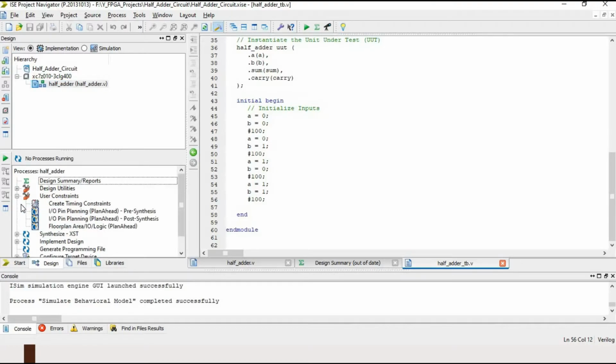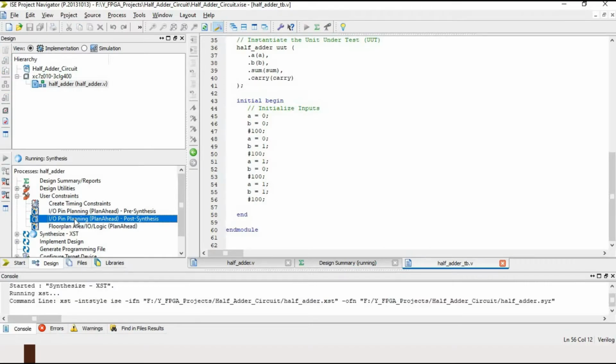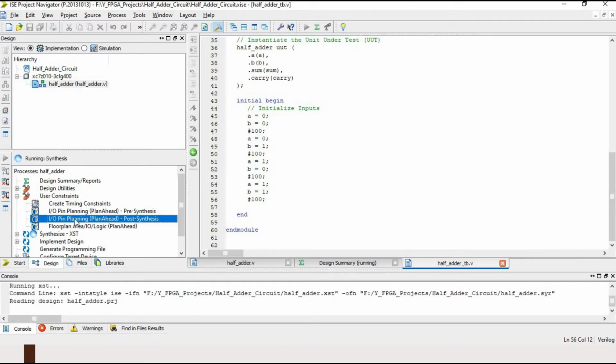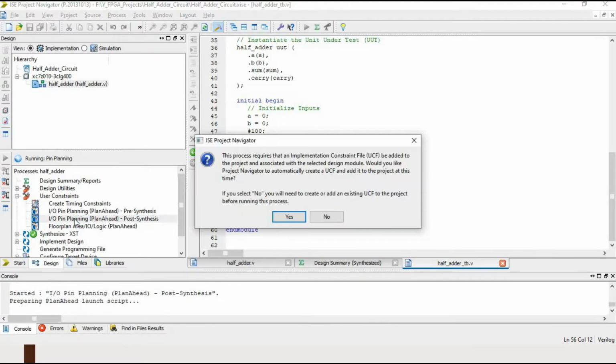Click here and click here. User constraint file basically define the input pins and output pins or LEDs of the board. So I'm clicking here. Yes.